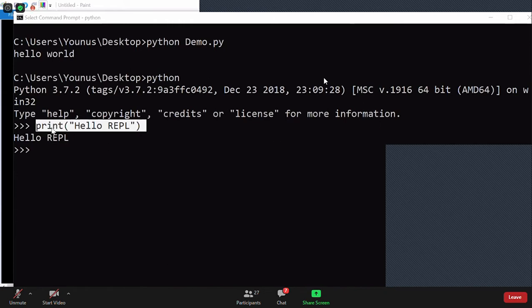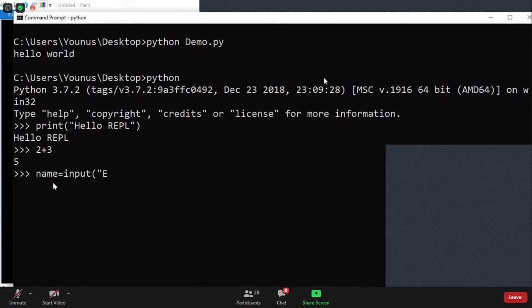Okay, so now you can see here it's printing. I can write the code here and I can print the output directly here now. Next line, I can write some other line. Like this time I want to add 2 plus 3. It's perfectly fine, I'll give you the answer. I wanted to take an input. Like I will say name is equal to input, enter your name. This is how I can take input in Python.